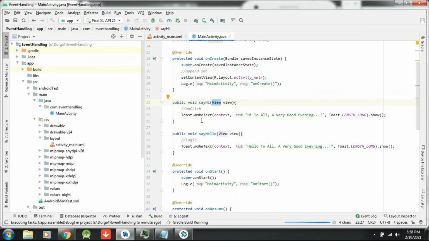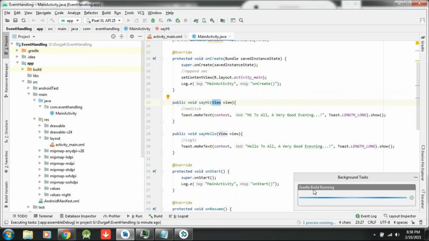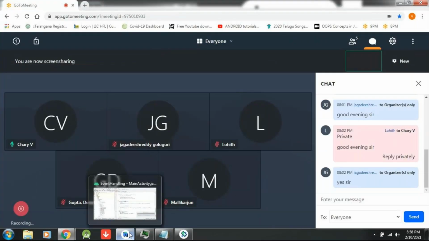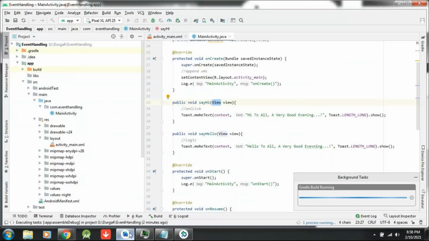Okay, still it is taking time. We have to wait. Once again, I am telling you, this is not a perfect thing. I don't like to teach you like this. So tomorrow, definitely, I will try to check my PC before the session starts. Every day it should not happen like this, but today unfortunately it happened.